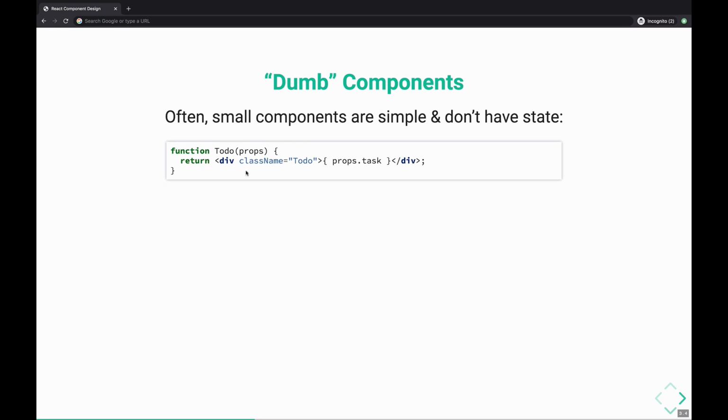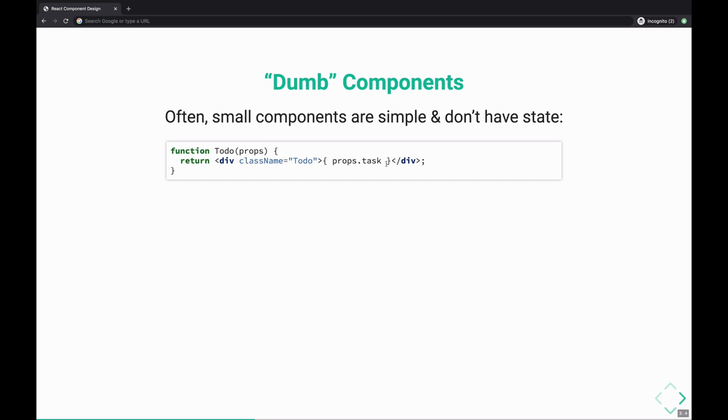It doesn't mean that they're a one-liner function or a one-liner component like this one is. It's just referring to the fact that they don't have state that is stored in this component. They don't have state associated with this component. They're simple components that are going to be rendered by some parent that passes down the props, passes down the data. And we've already been working with quite a few components like this that are kind of dead-end, end-of-the-road components